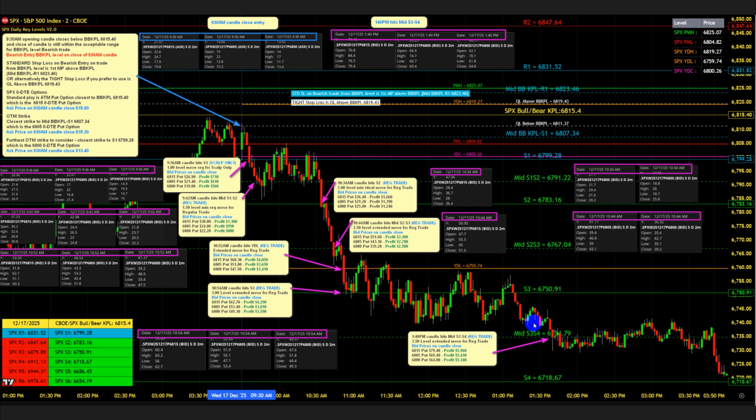There are days where you will get a move like this, and then it will make a significant move back up to try to challenge the bull bear key price level again towards the end of the day. That did not happen in this session. In this particular session, if you had held on till the end of the day, which is not really the